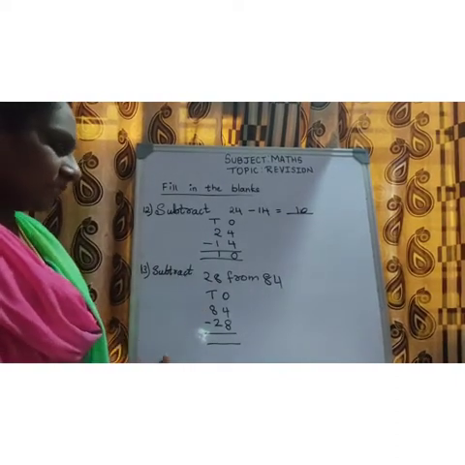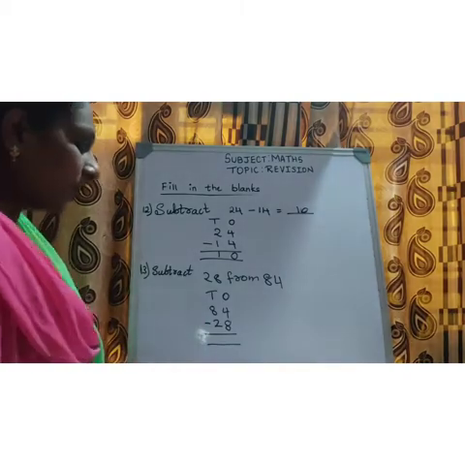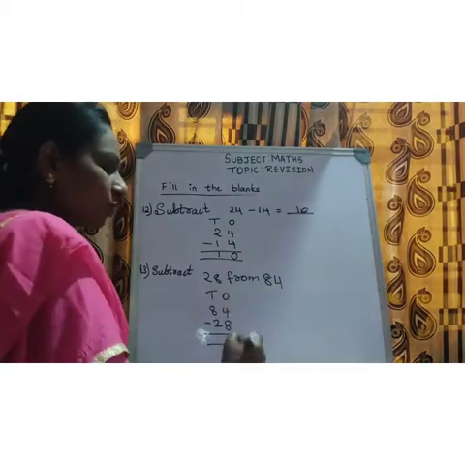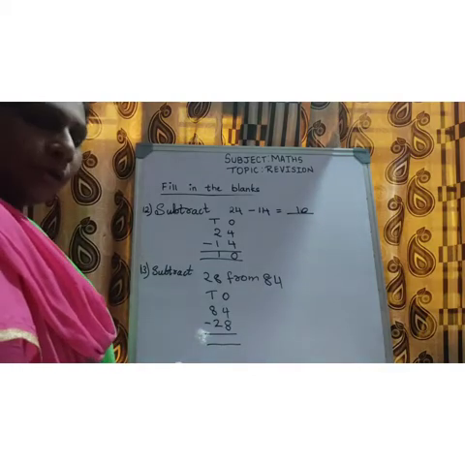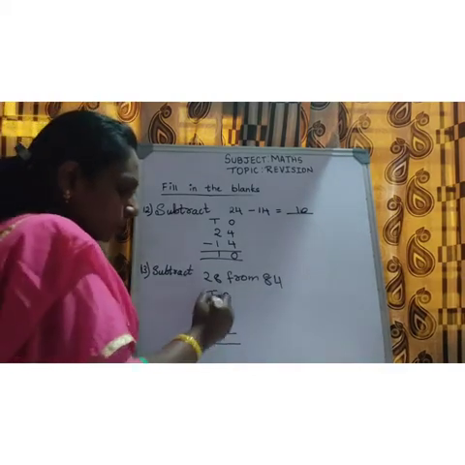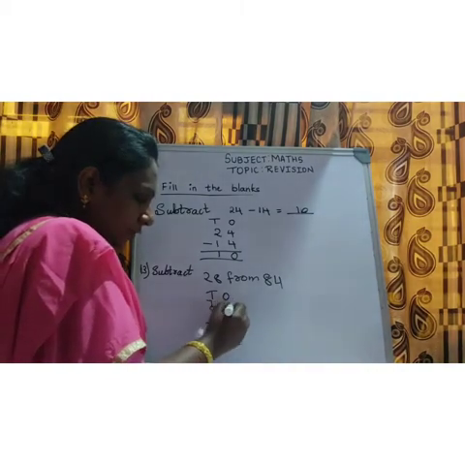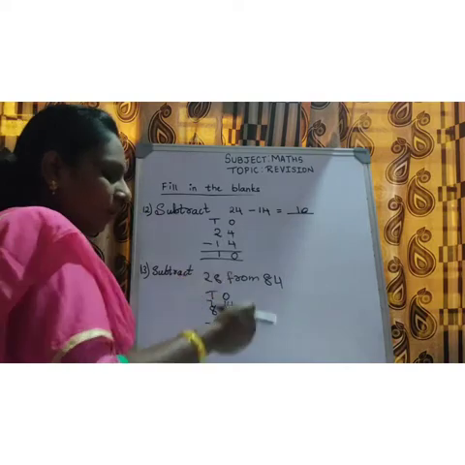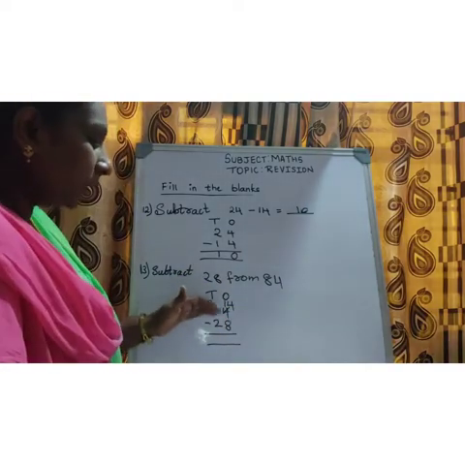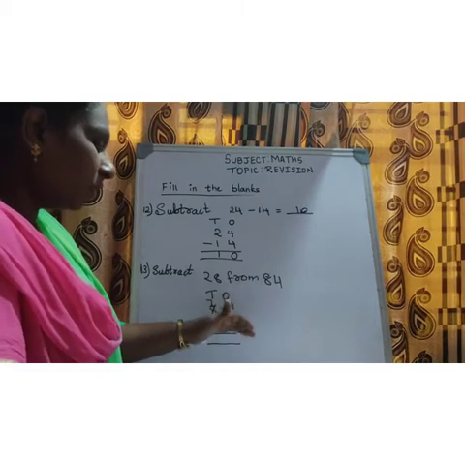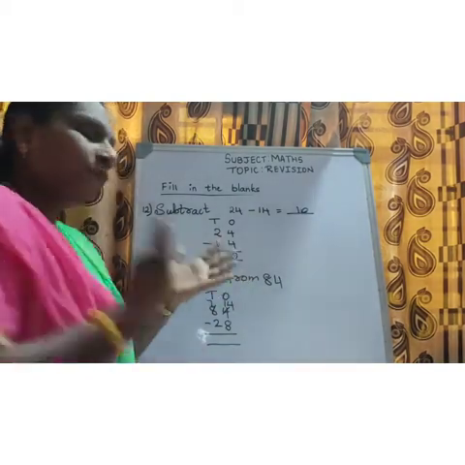Okay. So now we will subtract, children. This is the borrowing method. 4 minus 8. Can you subtract, children? No. So what you should do? You should borrow 1. So when you borrow 1, here it becomes 7 and here it becomes 14. Because you are not borrowing 1, you are borrowing 10. So it becomes 14. 14 minus 8. Now we will subtract. 14 in your mind, 8 show it in your finger.